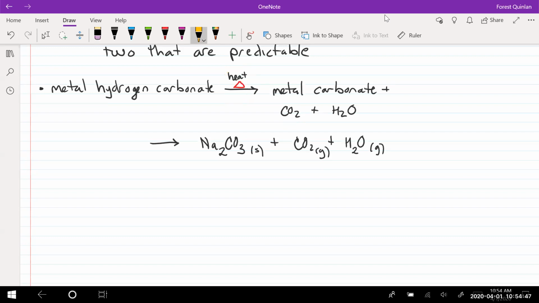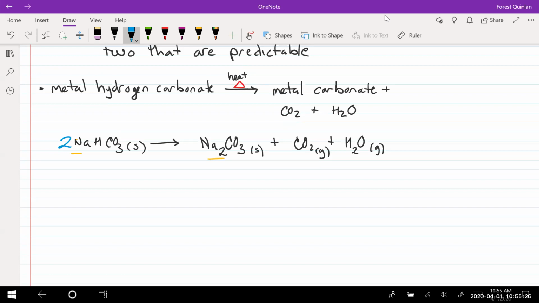Now, can we agree that we built everything on the right correctly? Say yes. Okay. So now we're going to go back and look at our original ingredient on the left. If I start with sodium, I need 1 more sodium on the left. So I need 2 total. So I would put a 2 in front of the Na. And what that does is it gives me